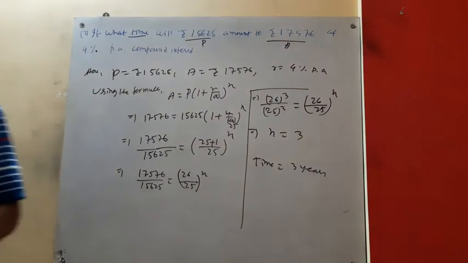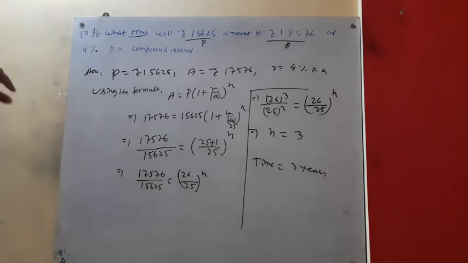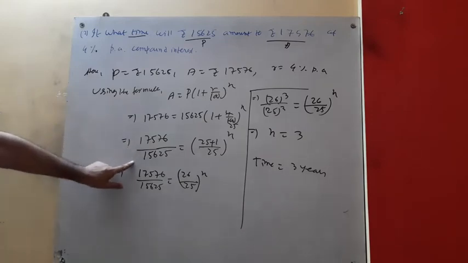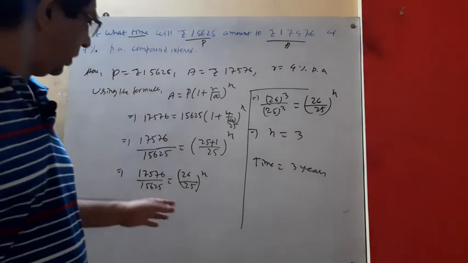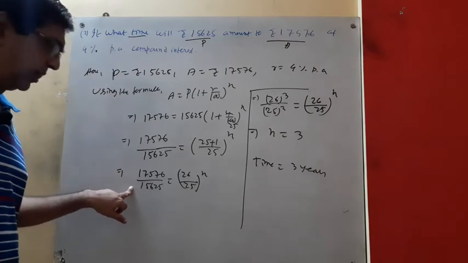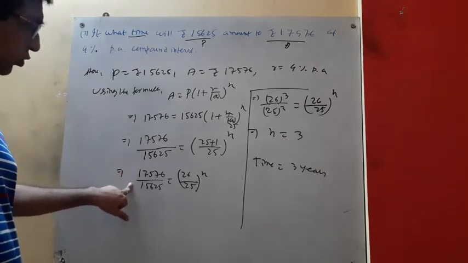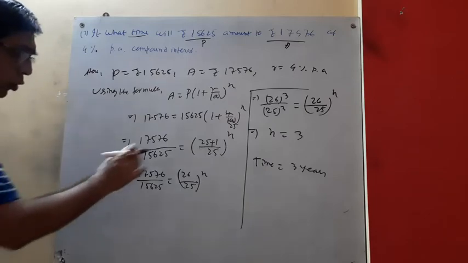Okay. So let me check once again, 17576 by this one, right? This is 26 cube and this is 25 cube. Okay. So in this way, you just calculate, split the factor, you will get 26. Cube root of this one is 26. And another one factor, you can go by this one. Look, you don't have to do this one.